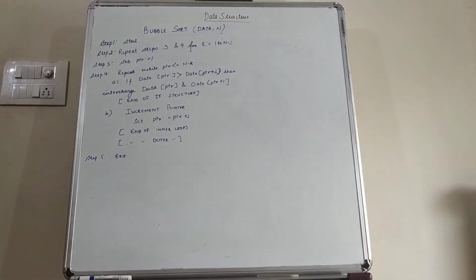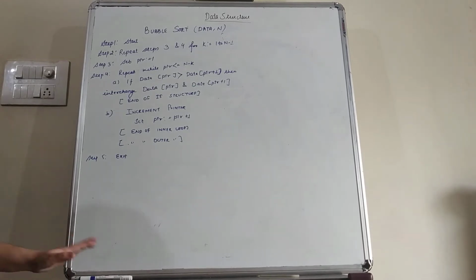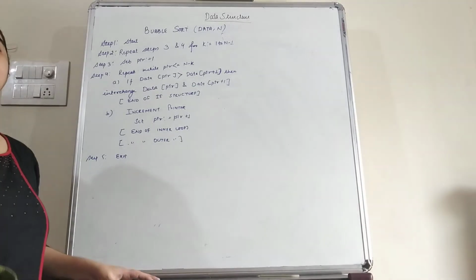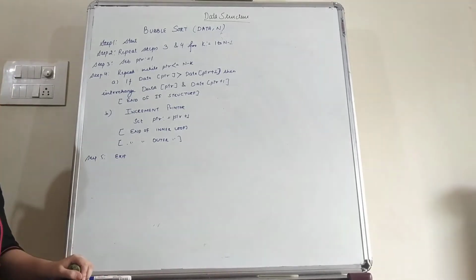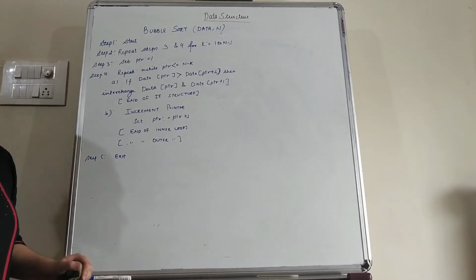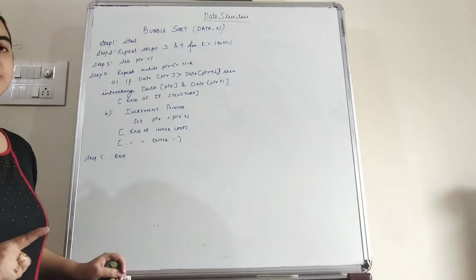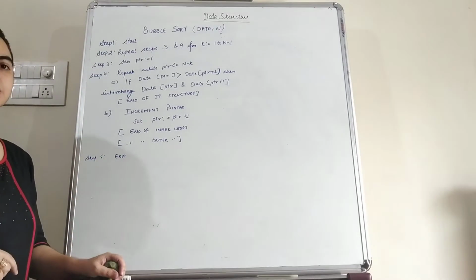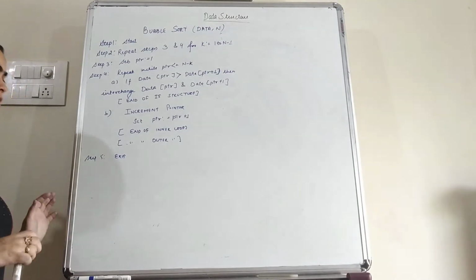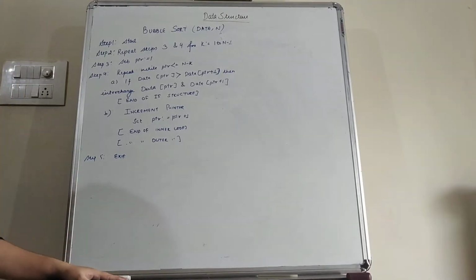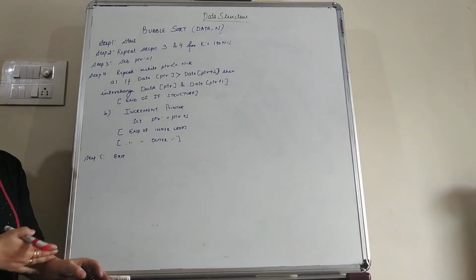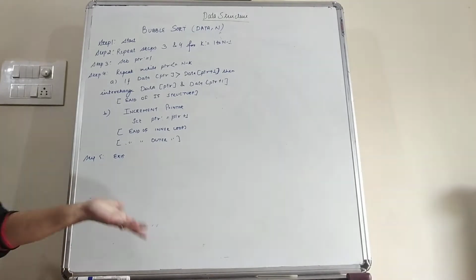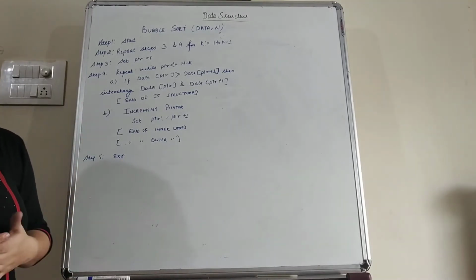Bubble sort. Bubble sort is a sorting algorithm which is used to sort the data elements or arrange the data elements either in ascending order or in descending order. So students, in our portion we have only one type of sorting algorithm, that is bubble sort. Now students, we can arrange the elements from descending into ascending order, or from ascending into descending order, or convert any order into descending or ascending.